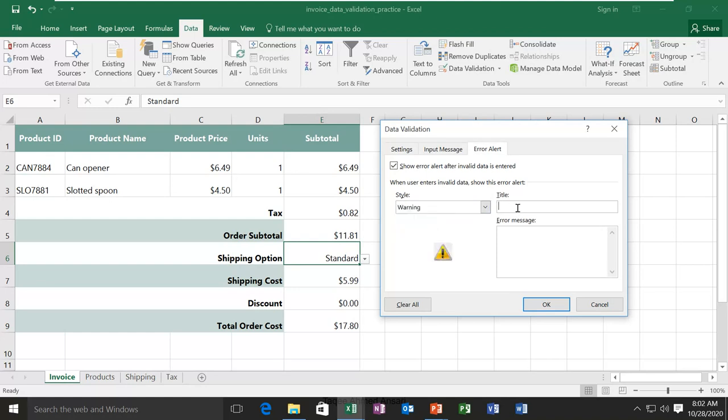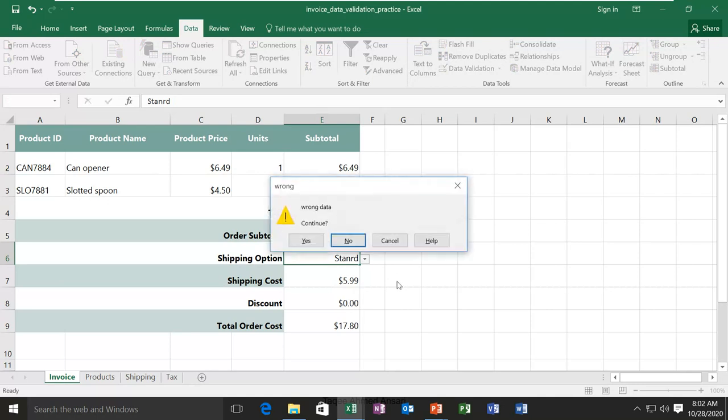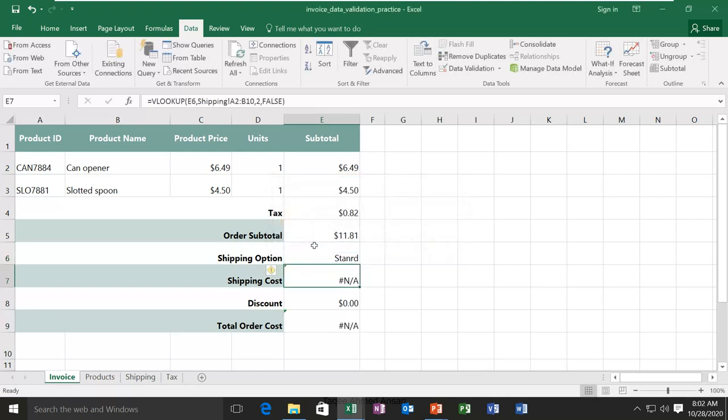You can set the title, for example, wrong data. Now you see, when I try to type something else, it gives me the error, wrong data. Do you want to continue? No. I say no, continue. Error.